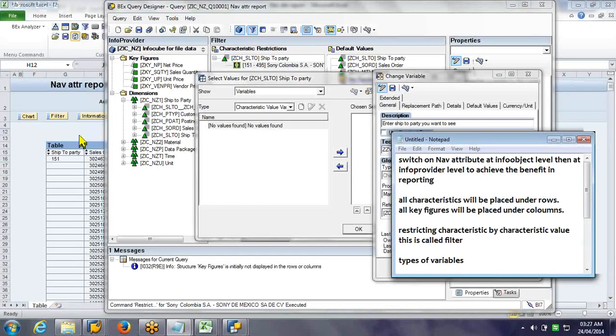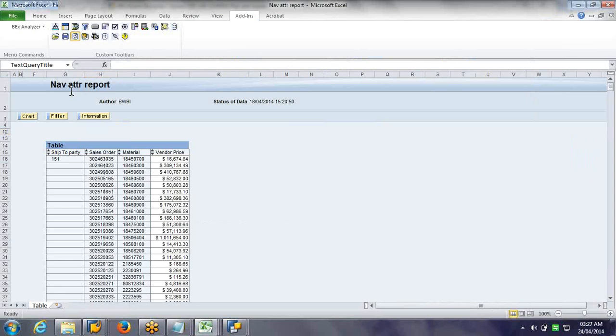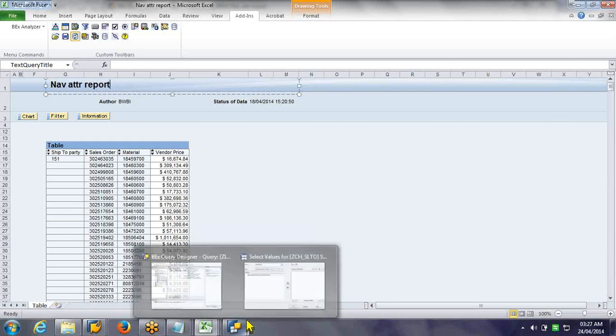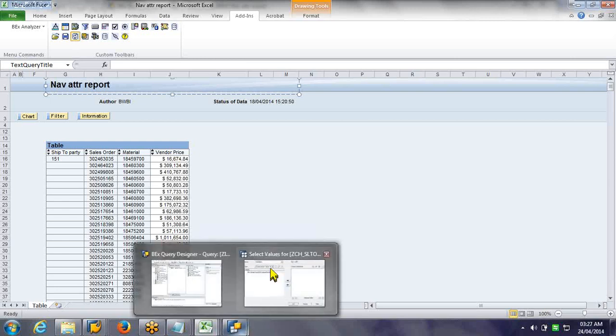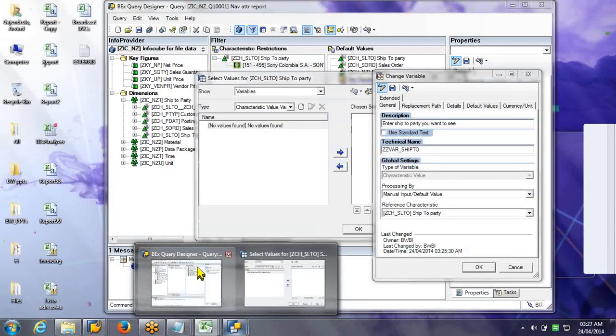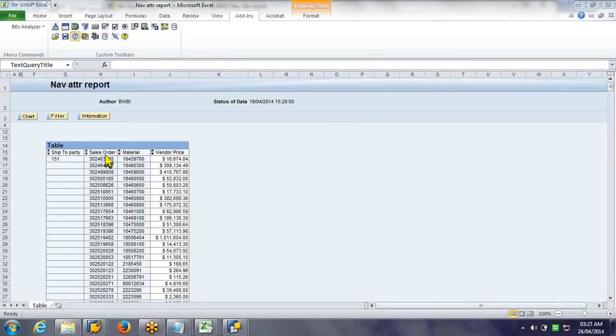The query heading you are seeing is as per the description you saved while you designed the query. I gave the description as navigational attribute report. That is what I am getting as the main heading. But in some cases you want a dynamic heading, either on the total header or on each column.